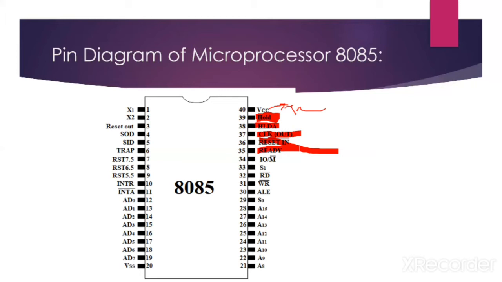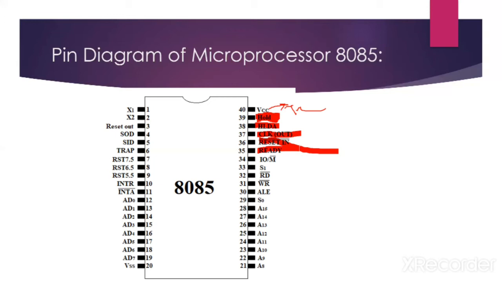It is an input signal used by the microprocessor to sense whether a peripheral is ready to transfer data or not. Means this signal is used only to check whether the peripheral device is ready for transfer data or not. Sometimes some peripheral devices are slow. They require more time to send data or accept data. At this time, a ready signal is used to check whether the device is ready or not.